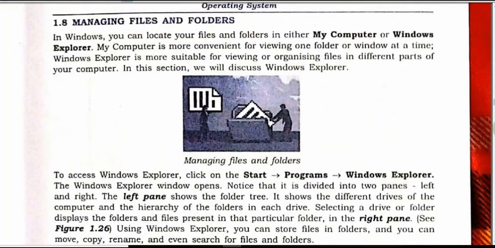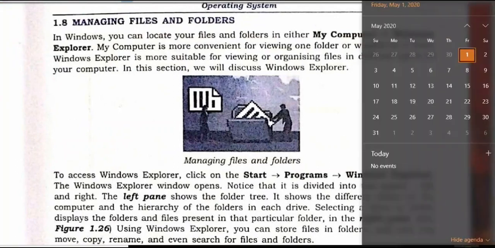Let me go to my date time window. So I am clicking my date time window, and you can see the time and the date is given here. This is the date, and this is the start time of recording of this window. This is 11:37 p.m. 1st May 2020. This is the recording time, and I am using Adobe Premiere software for recording this video. You can see I am going to click this much, and this date goes up and down.